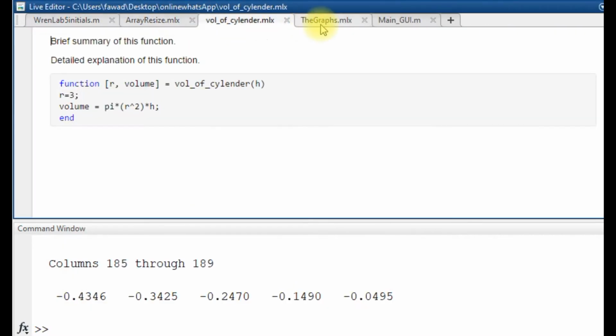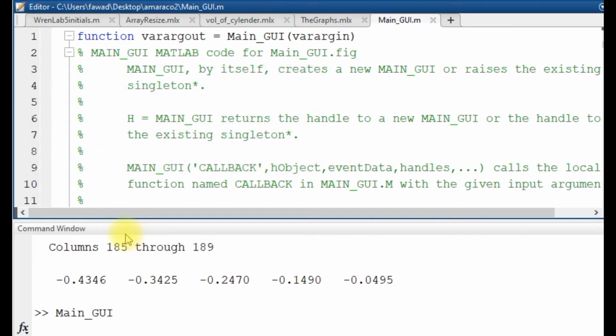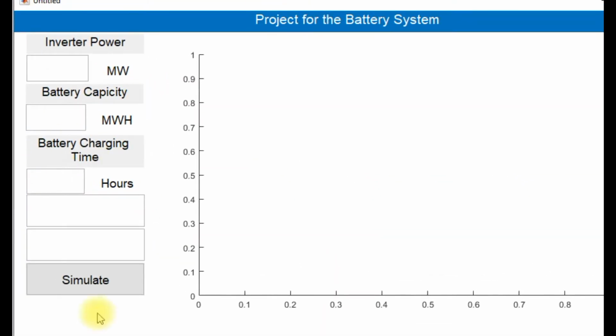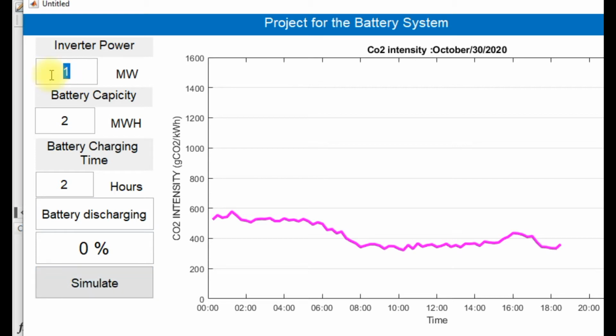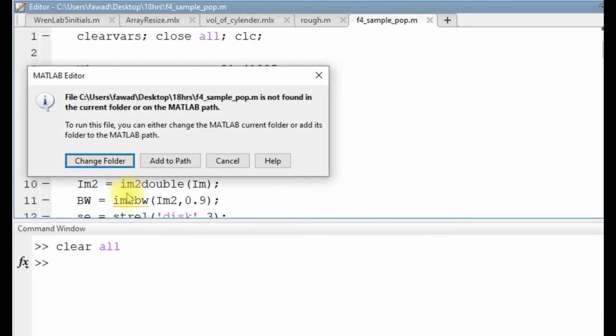I have created various projects related to the graphical user interface, related to vehicle detection, related to object-based color classification. I have been working on ECG signals. I have published various research articles related to that. And I have been working on various assignments like Lego detection, like mathematical operations in mathematics, like live sessions of